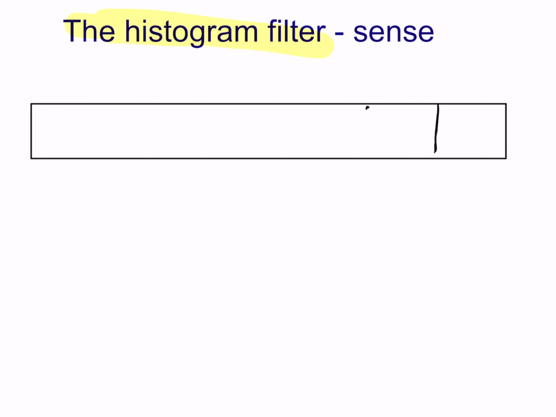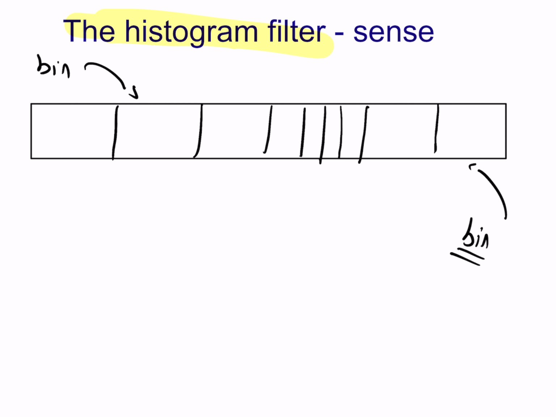We simply divide the region of interest into n different bins or cells, and we compute the probability to be at each bin. The histogram filter also limits the accuracy to the bin's size. So if we want to increase the resolution, we need to decrease the bin's size. And a concrete example will help to clarify this.